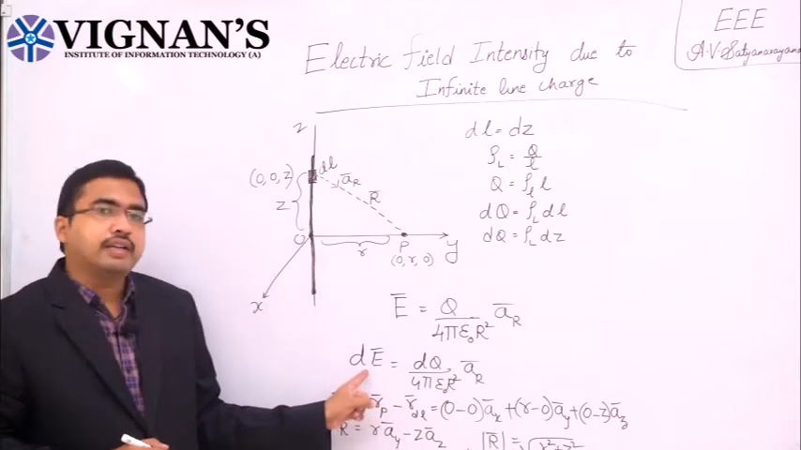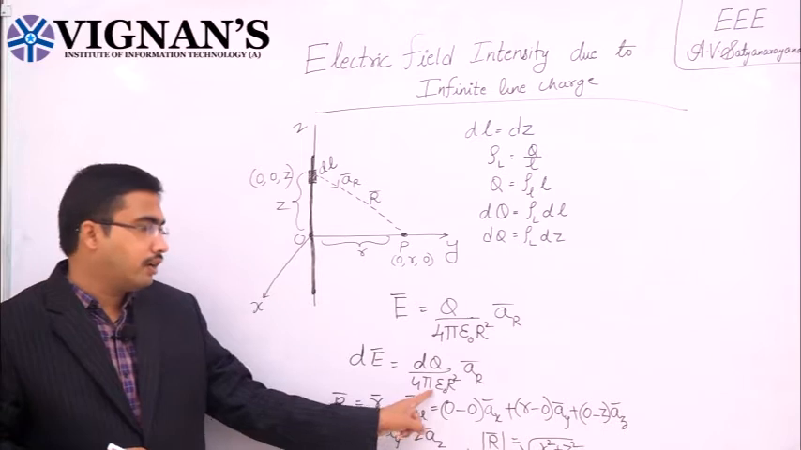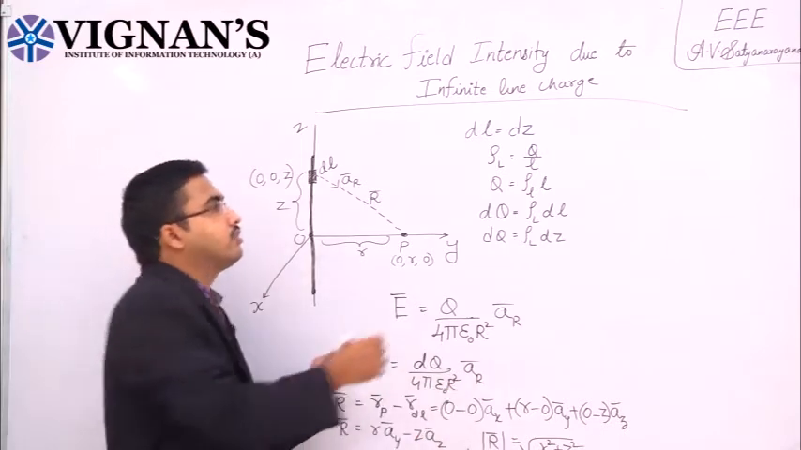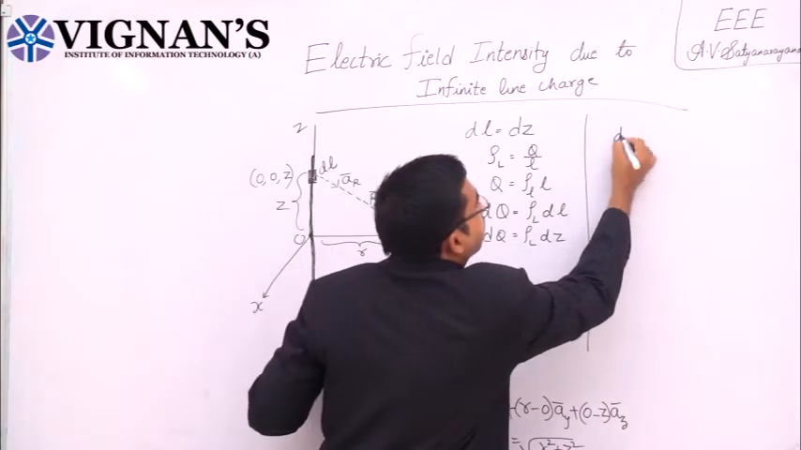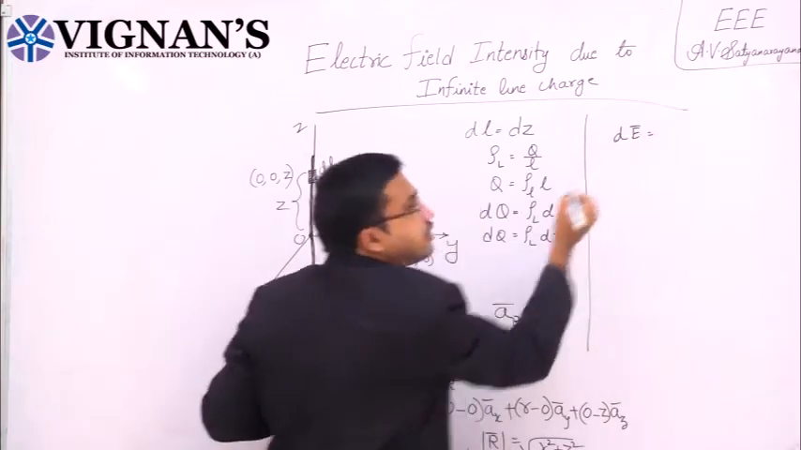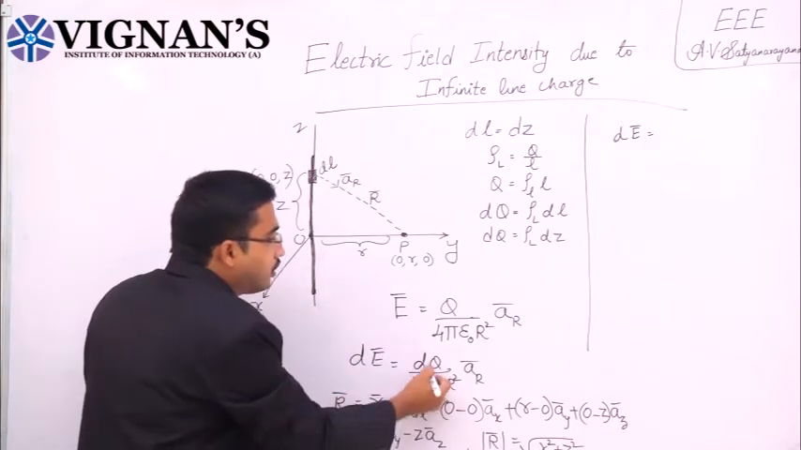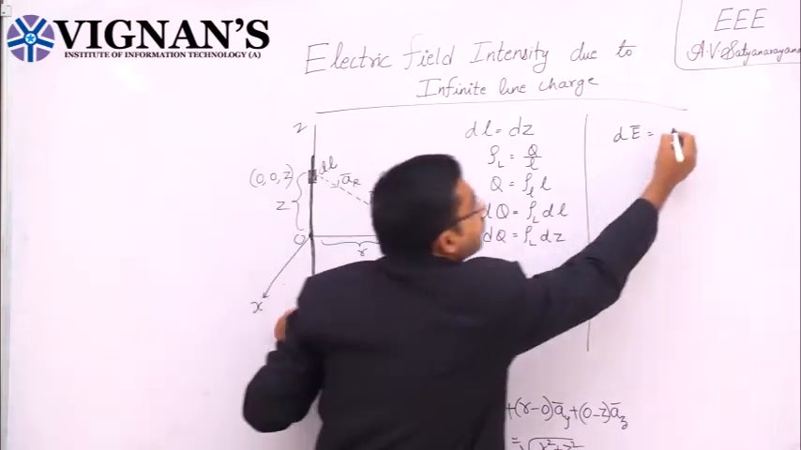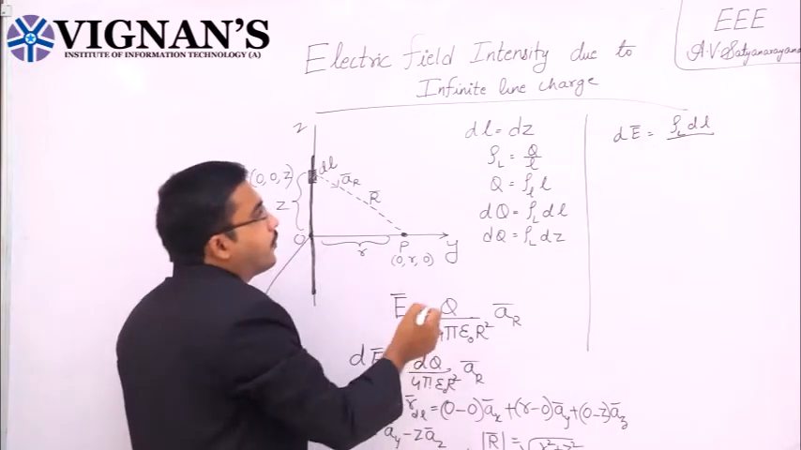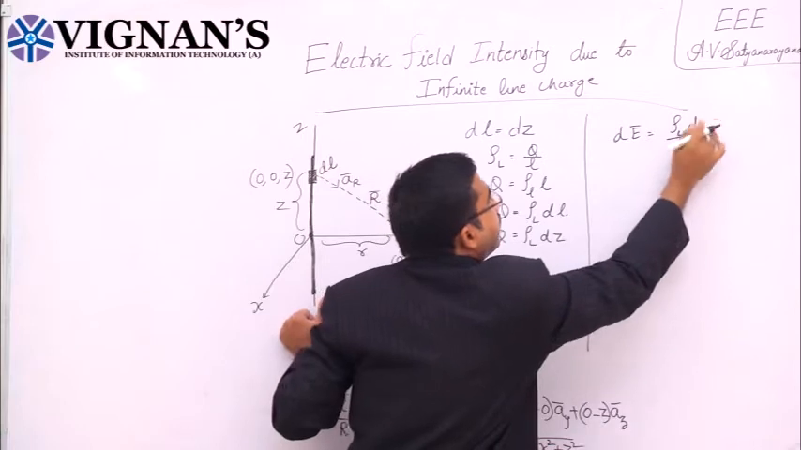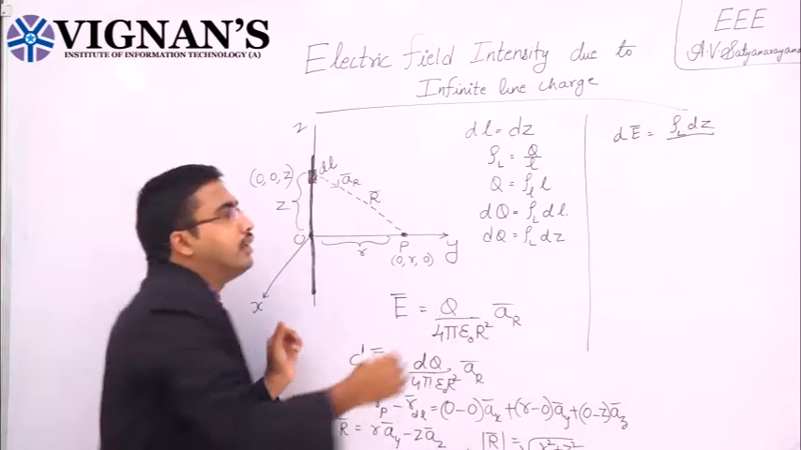Next, for finding the electric field intensity dE, what is the formula? dq by 4 pi epsilon naught r square into a_r bar. So I want to find the differential electric field intensity. What is the dq value? dq is rho_L dl, and here I can take dz because this point is on the z axis. So rho_L dz divided by